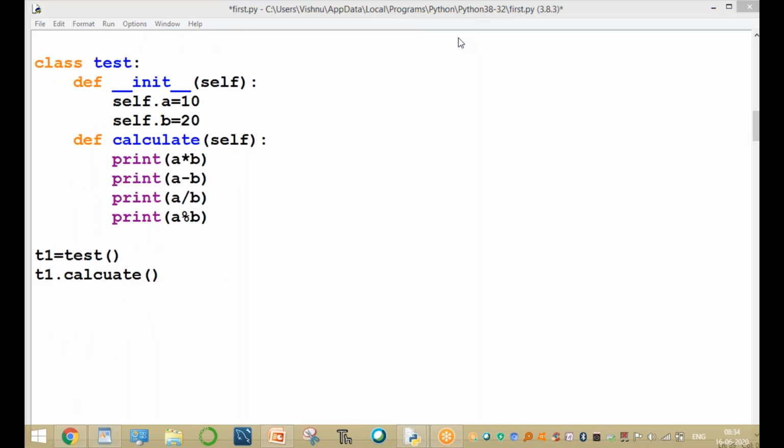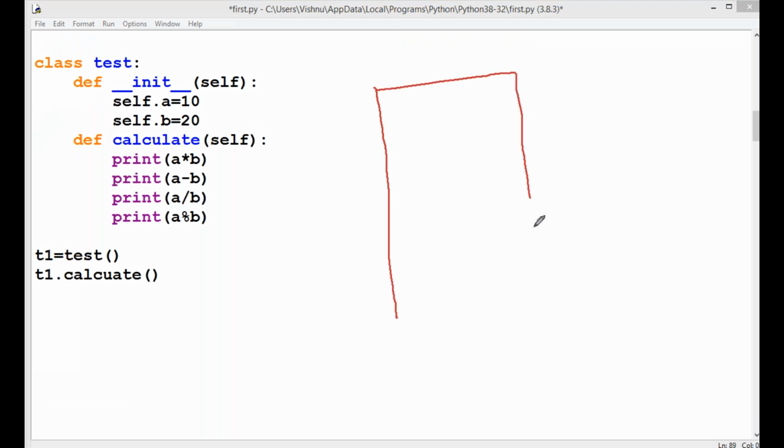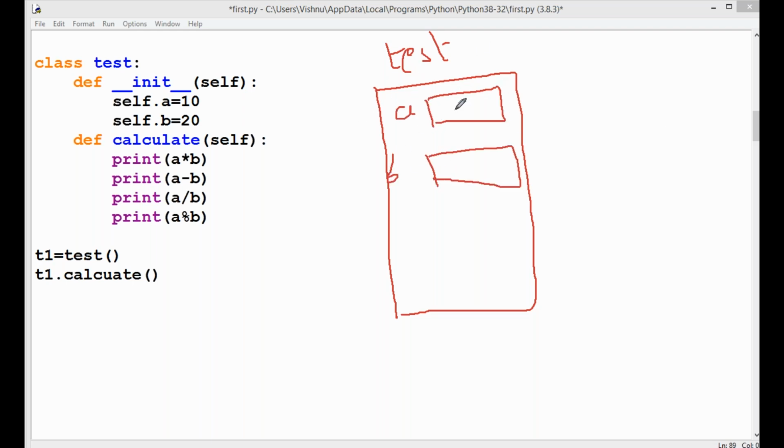This class contains only one method. The Test class stores values. What is the value of a and what is the value of b? The value of a is 10, the value of b is 20. And one method is, for example, the calculate method.